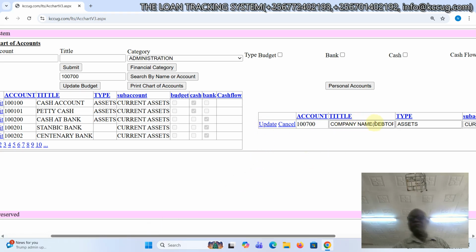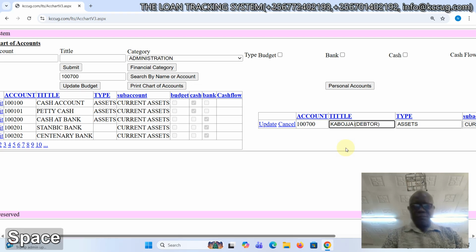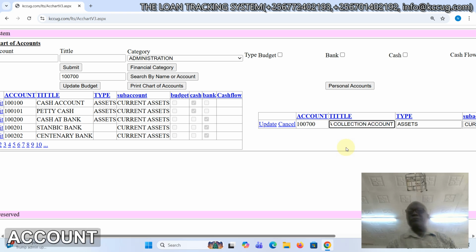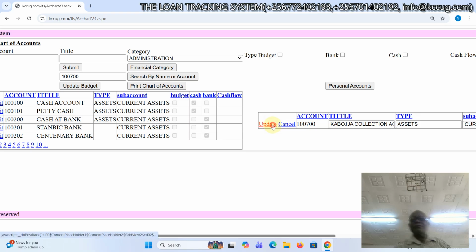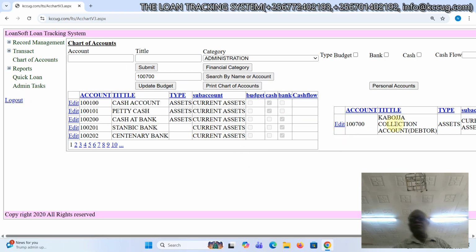Is it possible for me to change him also from here? Collection account. I hope I remember to put it back because this is my tribe. So I have called it Kavadia collection account. Good. Now, when we check here,